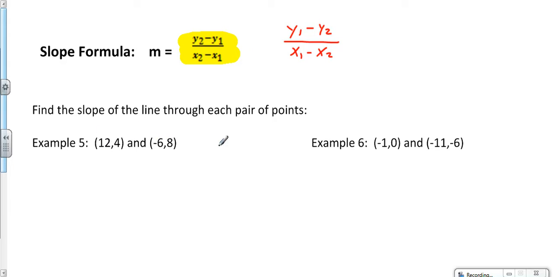So if I just gave you these two coordinates without a graph, and we were going to use this formula, we would say arbitrarily that this is the first coordinate. So I'd say x1, y1, and the second one we'll just say is the second coordinate. So this would be x2, y2. Now all the slope formula does is find the difference of the y values and the difference of the x values, so we can see what rise and run will be. So if we go and say y1 minus y2 or y2 minus y1,